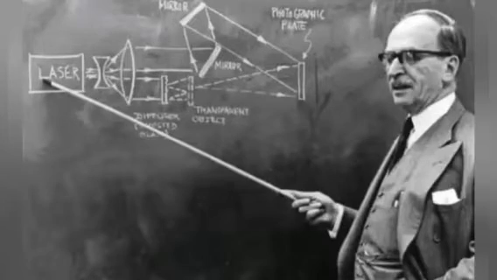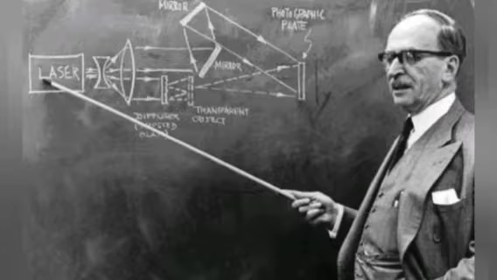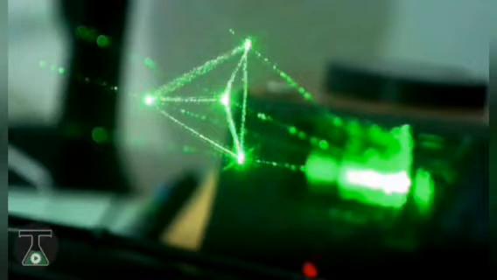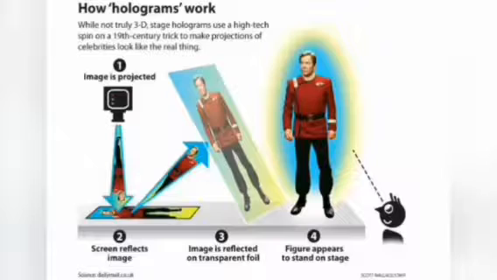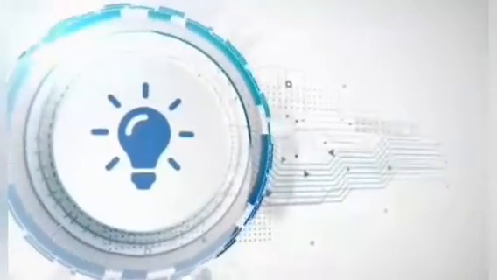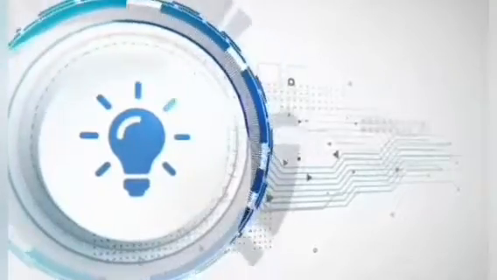The phenomenon used in holography is interference and diffraction of light. Holography was invented by Denis Gabor, a Hungarian-born scientist, in 1948, for which he received the Nobel Prize for Physics more than 20 years later. He developed this theory of holography while working to improve the resolution of an electron microscope.